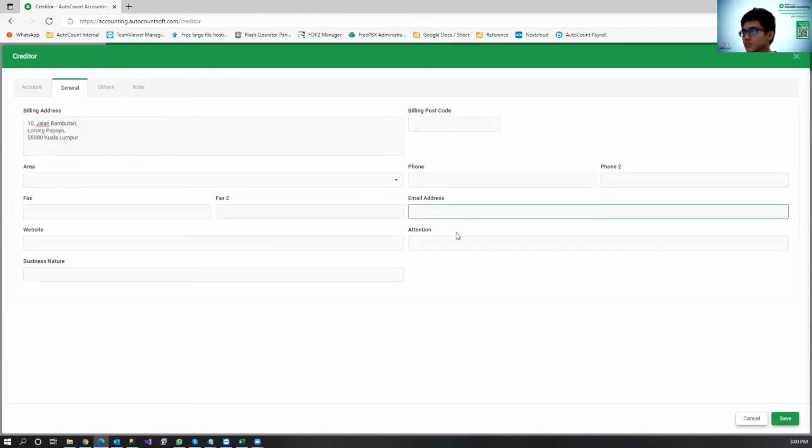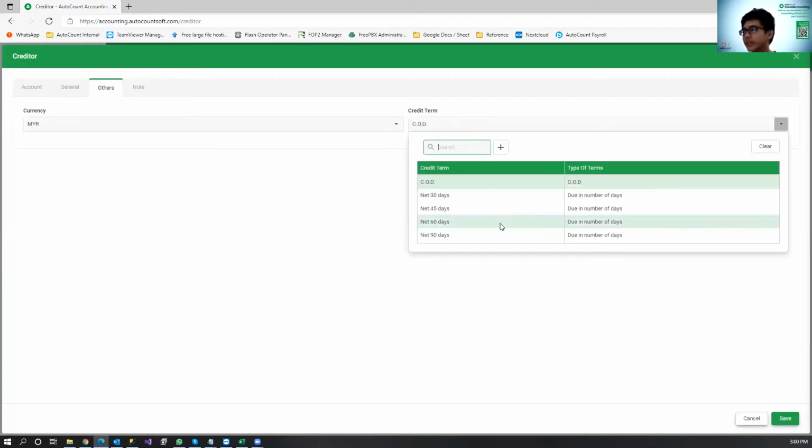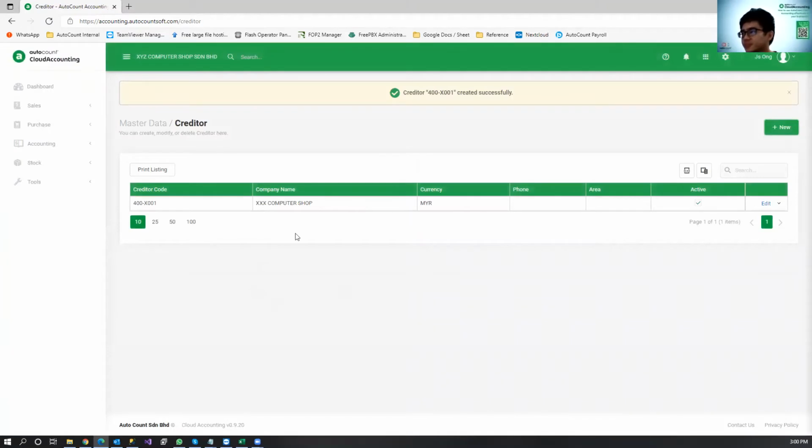Then you go to maybe others. You can set the currency of the supplier. What's the credit term? Do they give terms for you? And if you have any additional notes, you can type here, like this is a VIP supplier, for example. Then you can just click save.